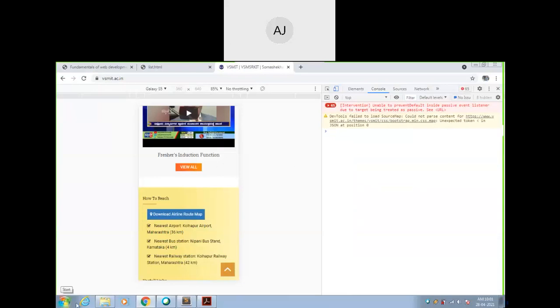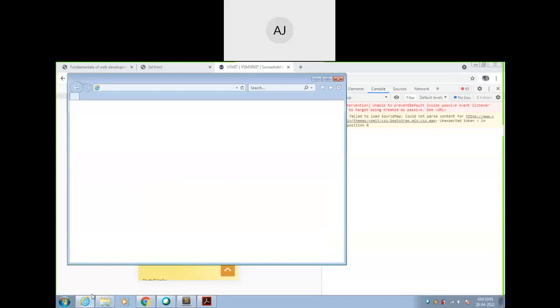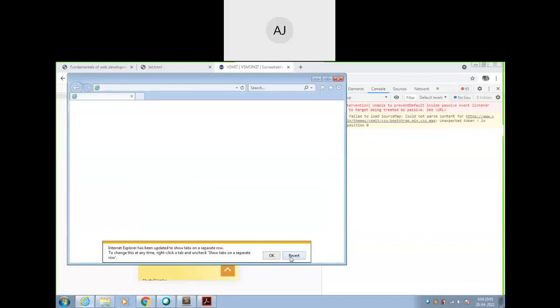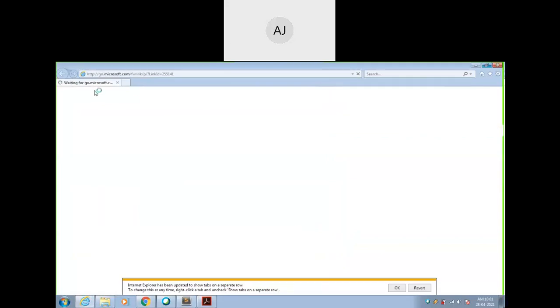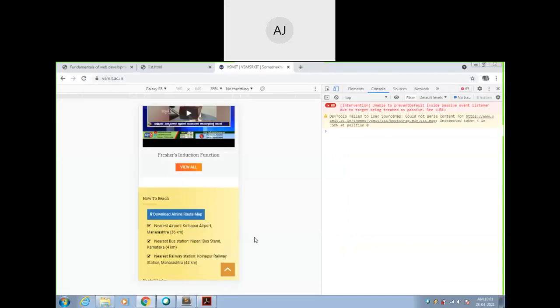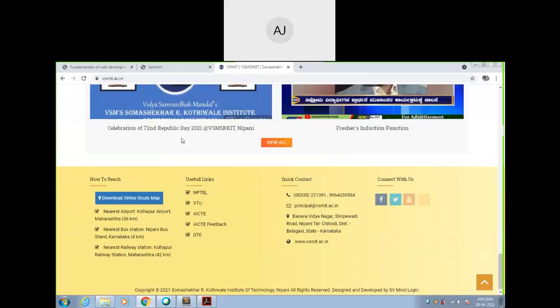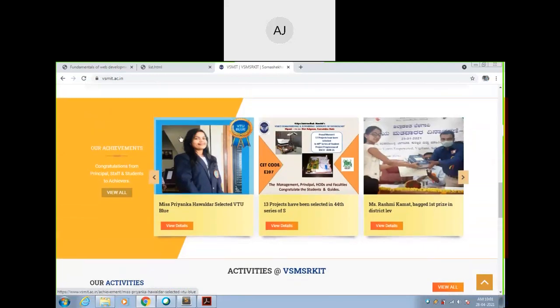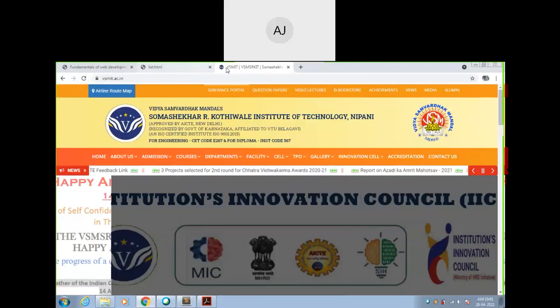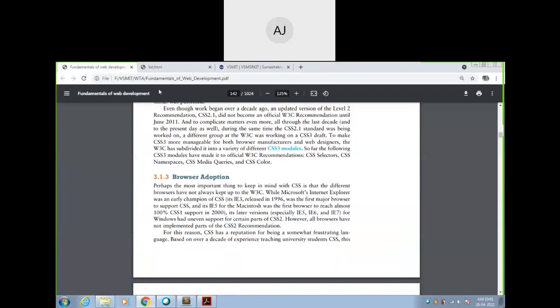If I use Internet Explorer, such options will not be there for your browser. It's an ancient one, Internet Explorer. Nowadays nobody is using it. Maximum people are using either Google Chrome, Opera, or something like Mozilla Firefox. So this is about browser adoption.